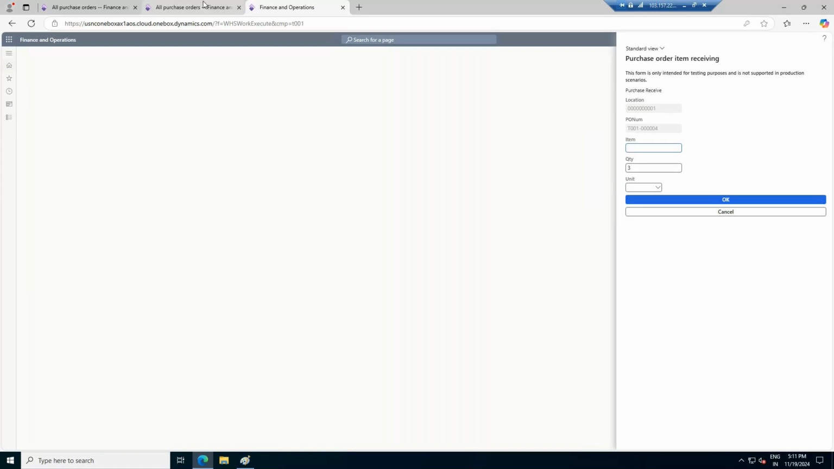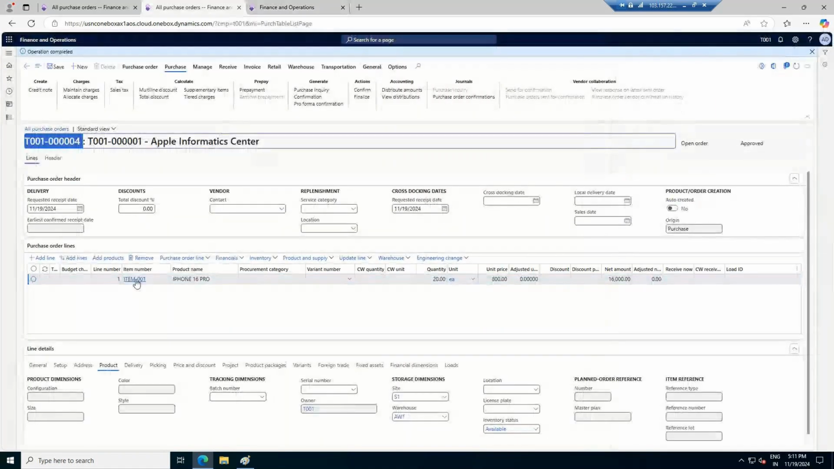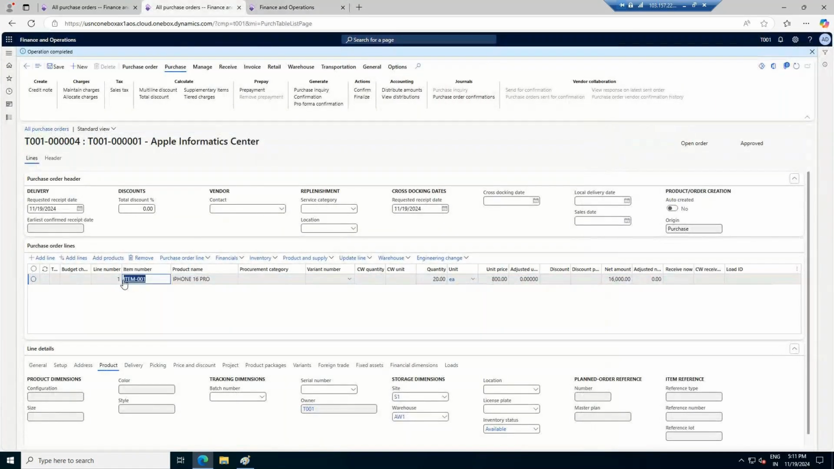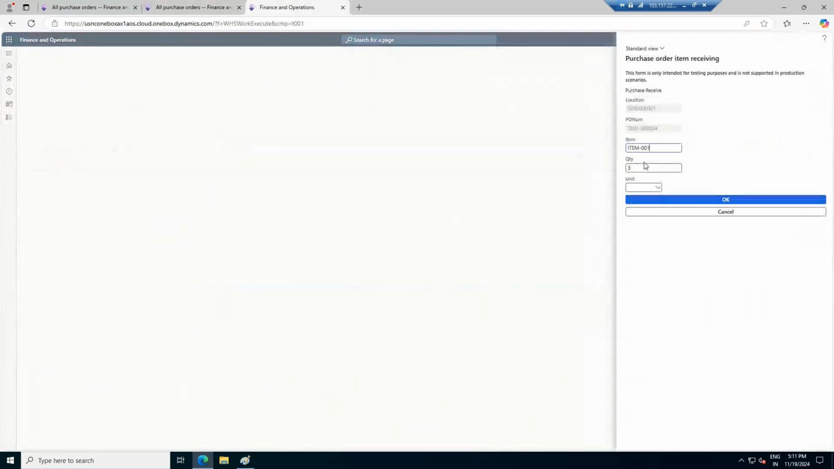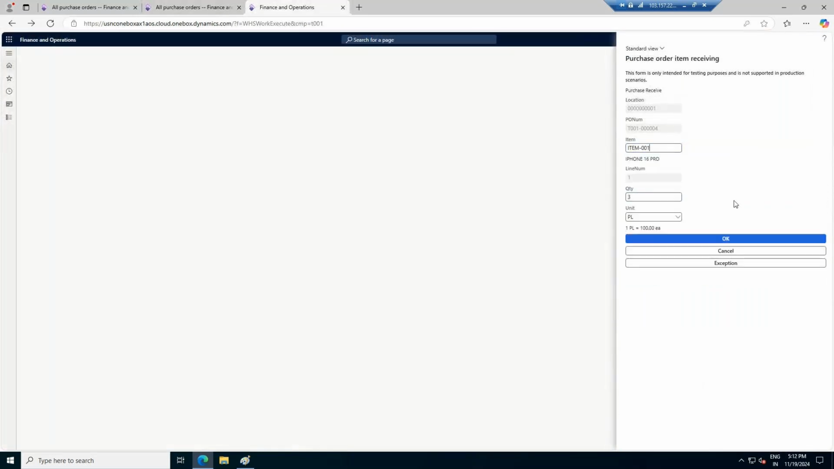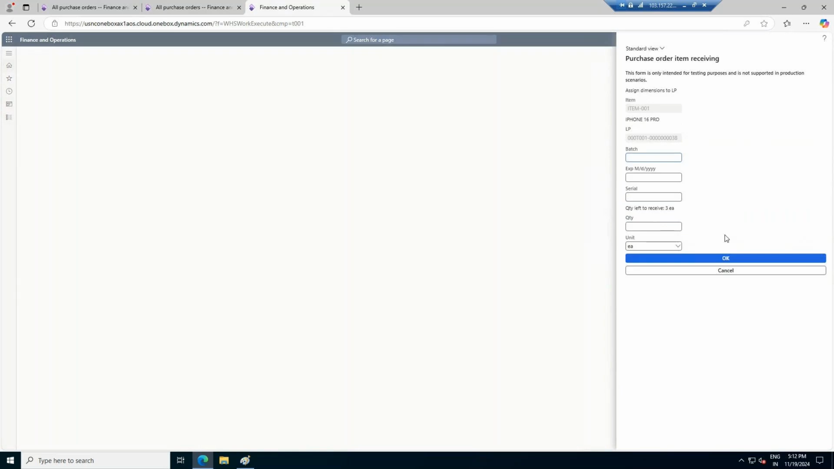Item, we will type the item. Then at first level, it is checking that this particular purchase order exists or not. We will click on OK button. Then we will go for the OK. It will give the unit. This I am telling you, I will come in the next sessions with this. Okay. So batch B1, expiry date 12/12/2026, serial number SR